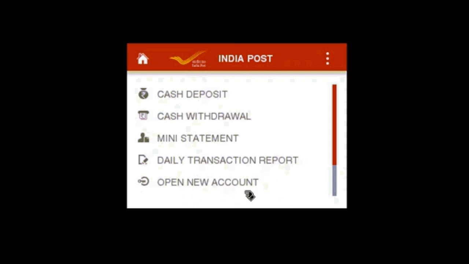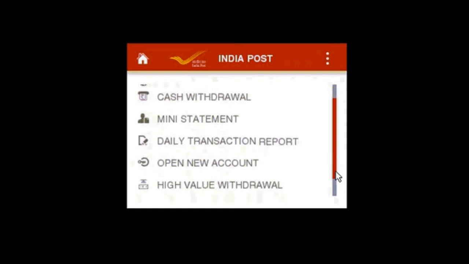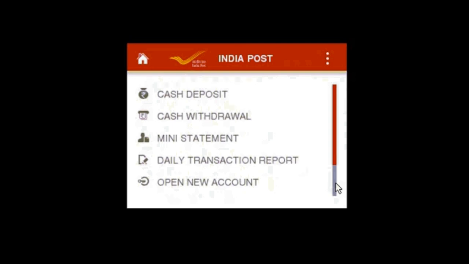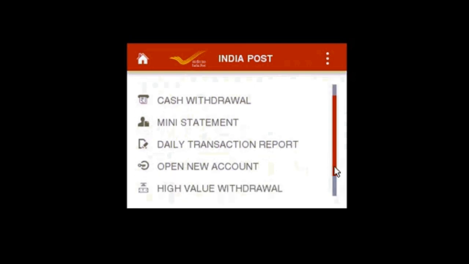New account opening. Through this option, a new SB account, SSA account, TD account, RD account can be opened. Next is high value withdrawal.